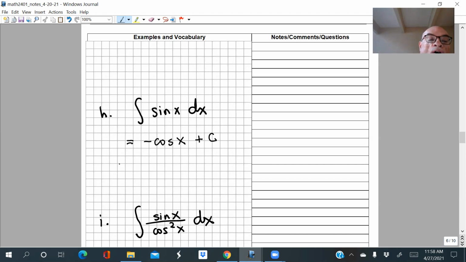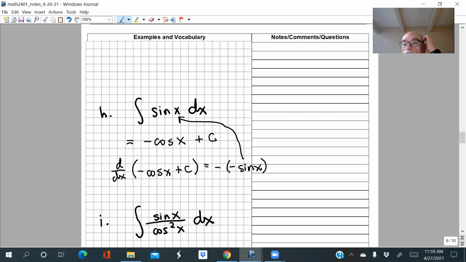Okay. So now when you take the derivative, here, I'm going to do it. There's my notation for taking the derivative. Now I'm going to take the derivative of minus the cosine of x plus a constant. What's that give me? Well, the derivative of cosine is minus sine, but then I already have this minus sign here. So I have minus minus sine of x, and of course the derivative of the constant is 0. The minus and the minus will cancel, and yay, I get positive sine of x.